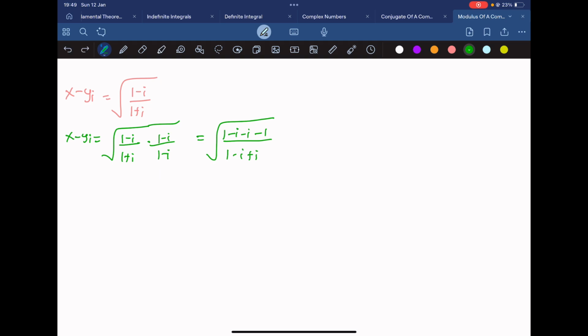Now minus i squared, as we know, is now positive 1, remember? So this is plus 1. So if we simplify this, we get to see that this 1 will cancel out this. So we just have, in the numerator, negative 2i. In the denominator, this also cancels this, so we just have 2. Now, 2 will cancel out 2. So we just have the square root